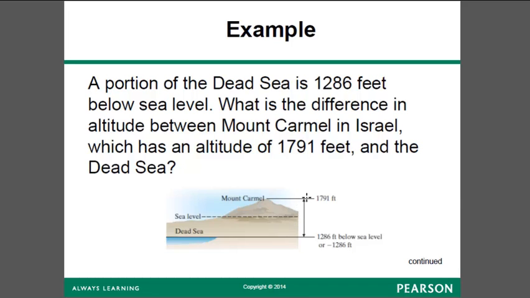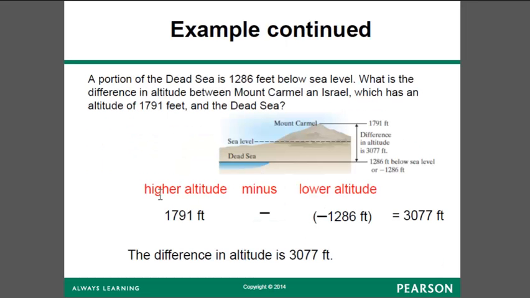So Mount Carmel is a positive 1,791 feet. The Dead Sea is 1,286 below sea level, or a negative 1,286 feet. Whenever I want to look at that, I want to look at the higher altitude, which is the 1,791, minus the lower altitude. Remember that minus a negative, I change it to the opposite. So that would actually be